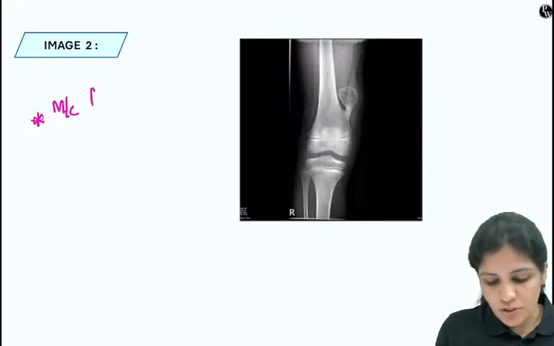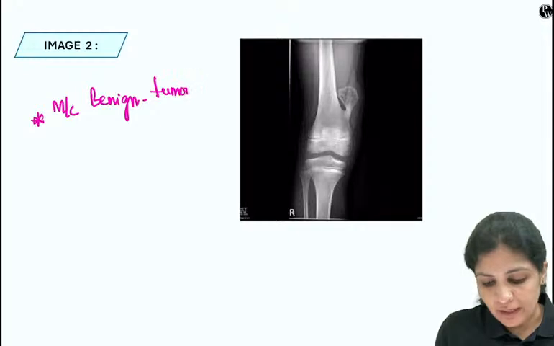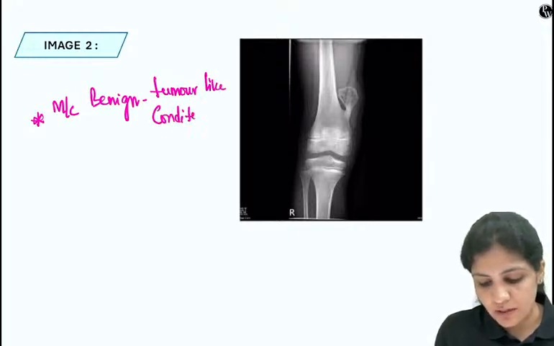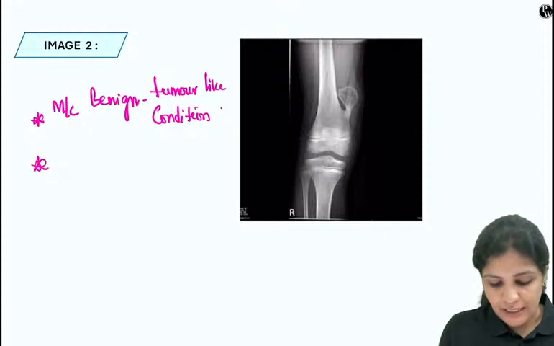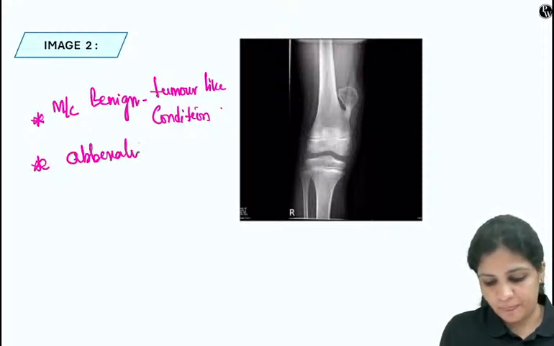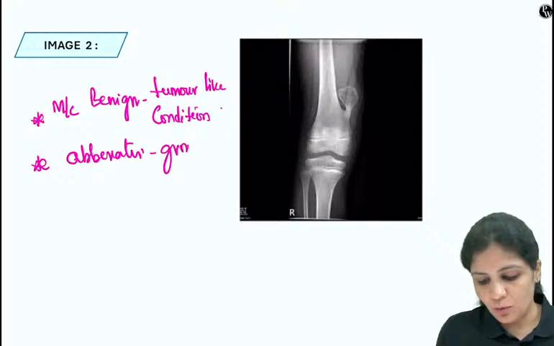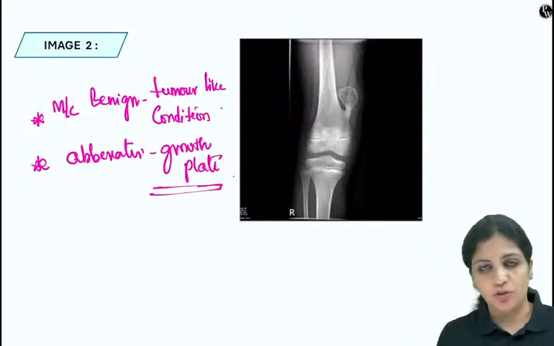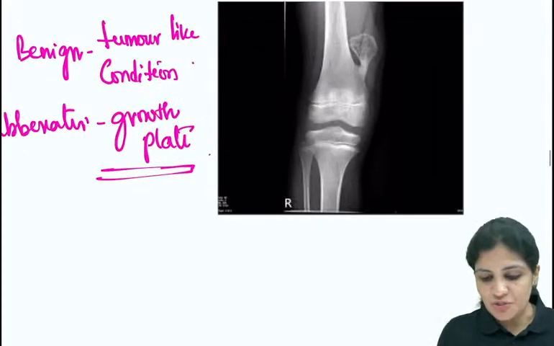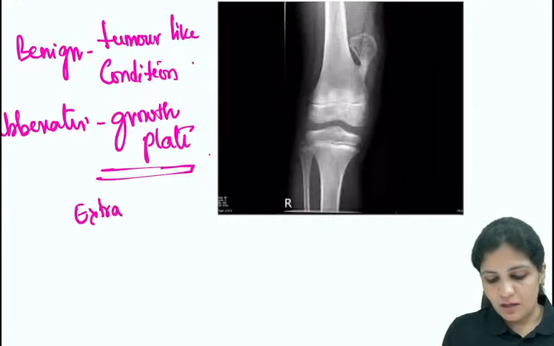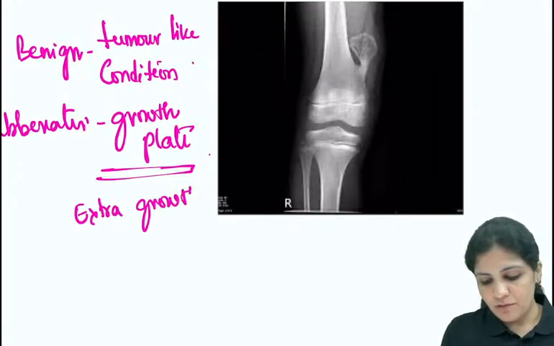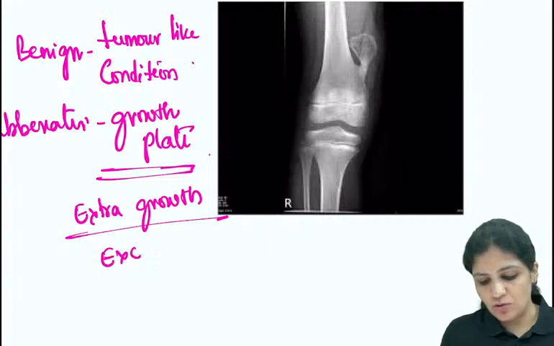So it is the most common benign tumor-like condition, right? It is not directly a tumor. It is a tumor-like condition. It can be considered as an aberration in the growth plate. So why am I telling it as an aberration in the growth plate? Because this is an extra growth,